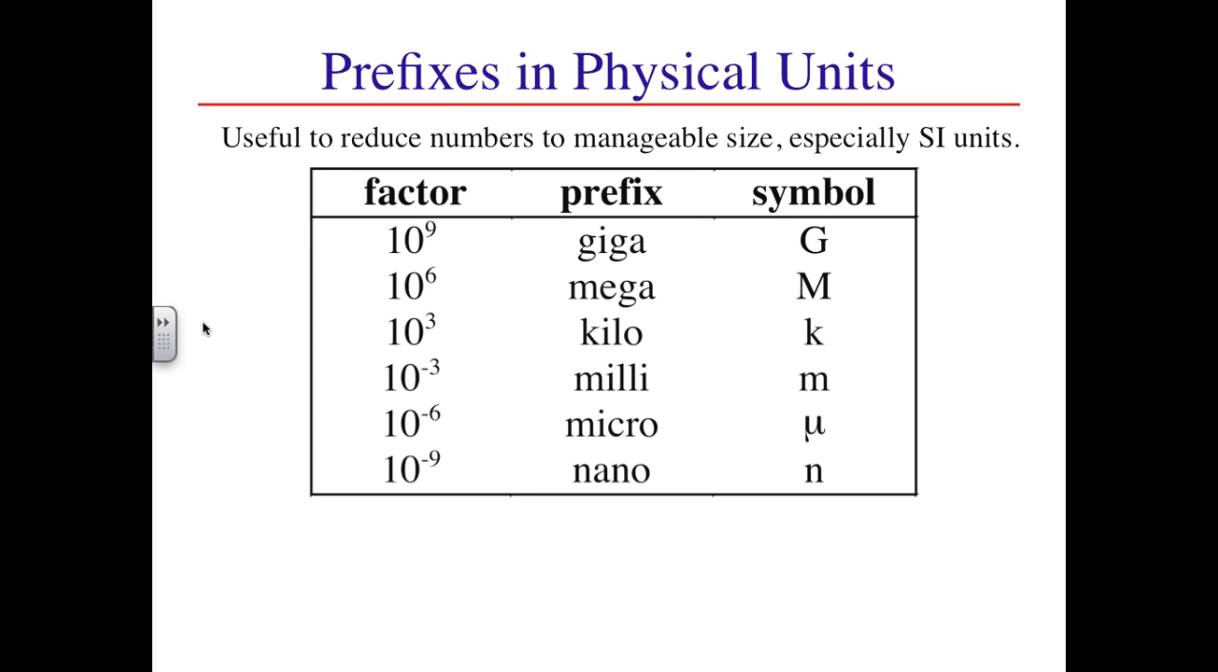Table 1.3 of your text lists a more extensive set of prefixes, but most engineering applications are covered by this range, from billion, giga, to billionth, nano. As an example, the stiffness of common structural materials, steel, aluminum, concrete, or wood, is measured by something called an elastic modulus. In SI units, this stiffness typically has a value in billions of Newton per meter squared, or billions of Pascal. We define 1 Pascal